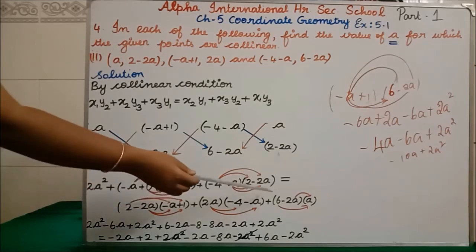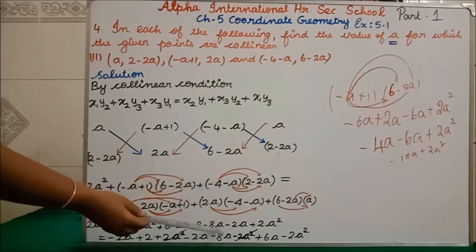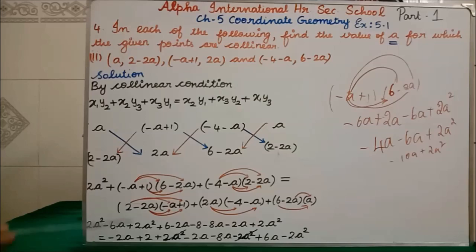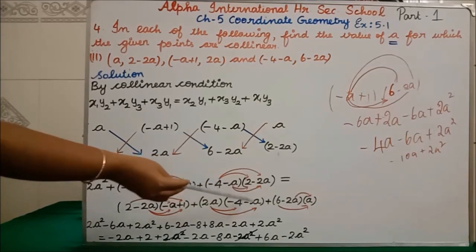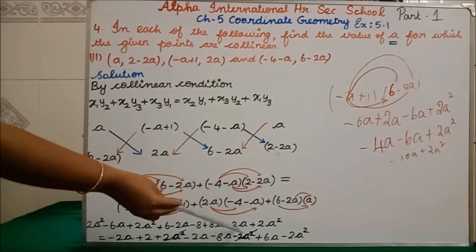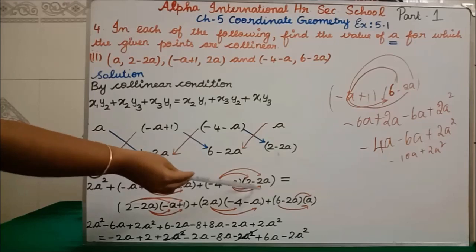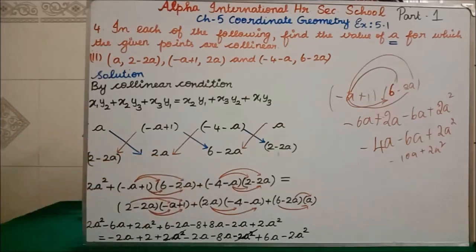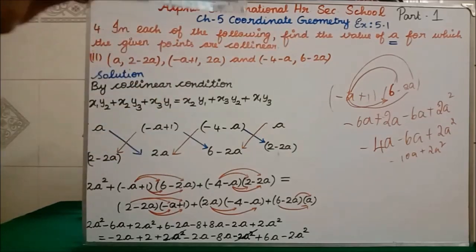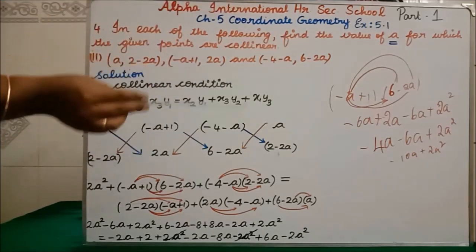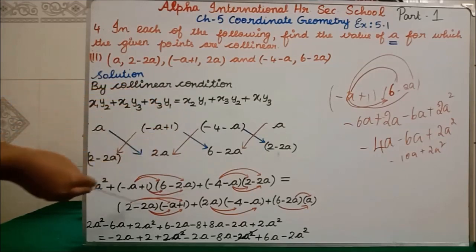Minus 4 into minus 2a is minus will become plus. So we'll get here plus 8a we will get. See, I have written here plus 8a. Then next step, what you will get? This a you have to take now, we have to multiply with 2. Minus a into 2 is minus a. Minus into minus is plus 2a square. Okay, equal to, since I don't have space, students in your class you are going to write continuously. Since I have to write on that side, so I have written in the down.